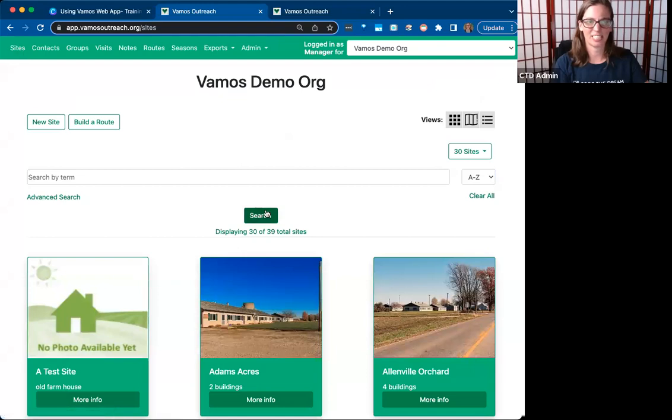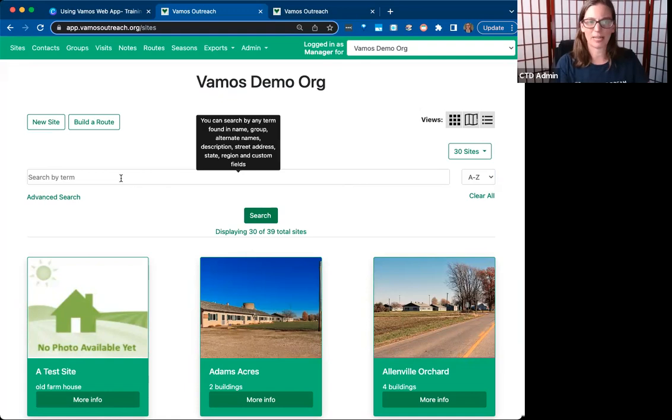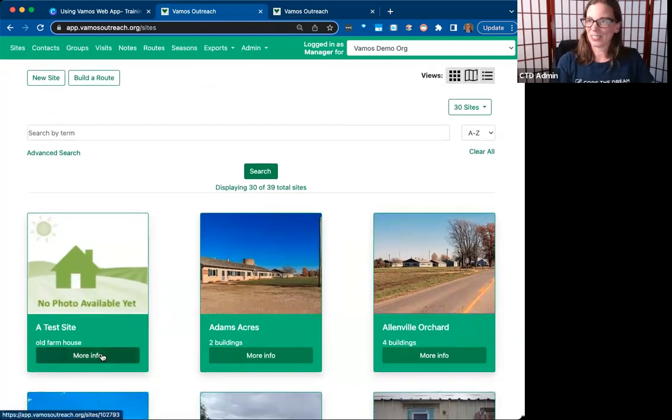Again, let's go back to our sites page. Here we go. Now is a good time to pause the video so you can practice these different ways to view your sites. And remember, the view is up here in the right-hand corner. All right, now let's keep moving along into doing a basic search because we're going to get into taking a look at the actual sites themselves,